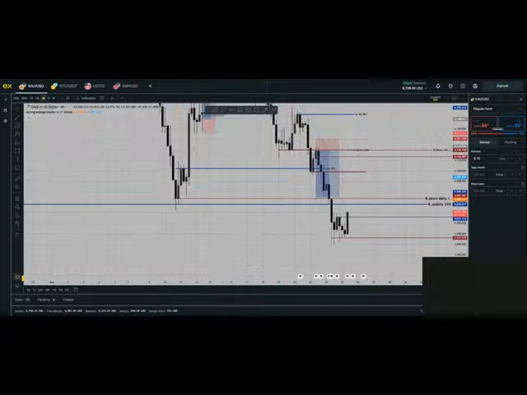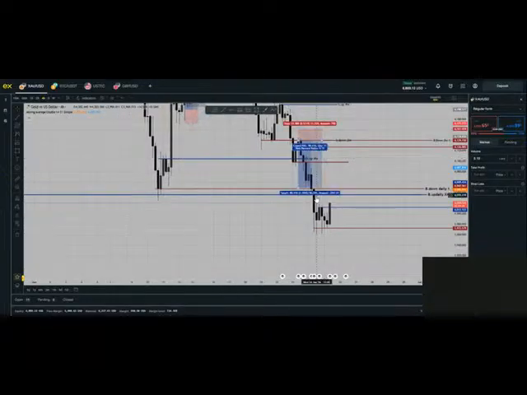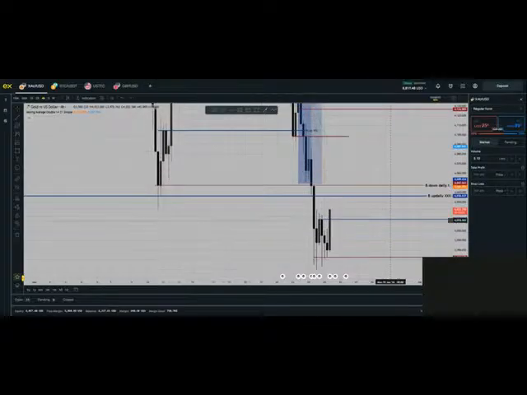Now it is 9:30. I expect price to start delivering or continuing, because as you see, volume has come in and we have started seeing some pump on gold. Hopefully this could be a sweep on the 4 hour, because on my broker we have just opened the 4 hour candle, and as you can see, it is now pumping so high.